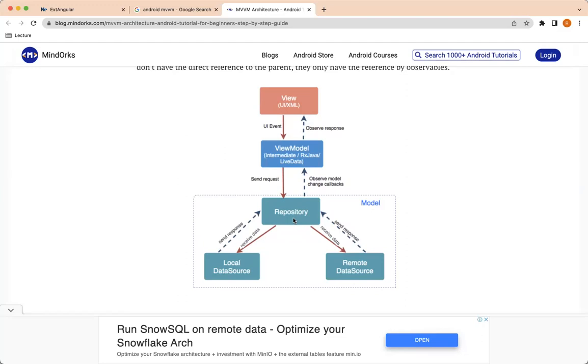In a practical application, you will get data from a database or maybe from a remote data source. That is a use case that you will see. But in a more theoretical way, the repository, the model itself, is considered a source of truth. For any information related to the view model or anything related to data, the repository is considered a source of truth. So theoretically,